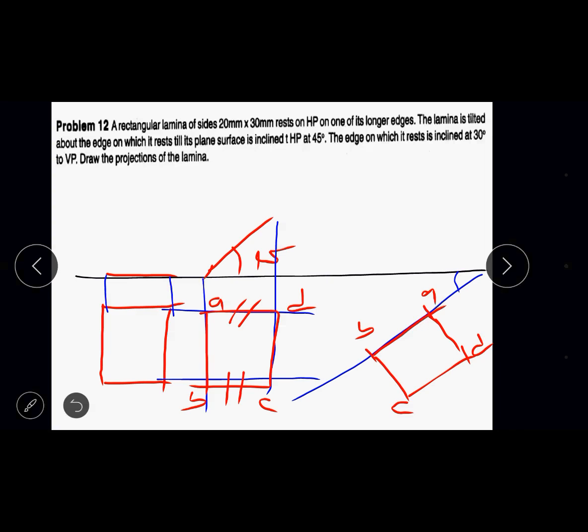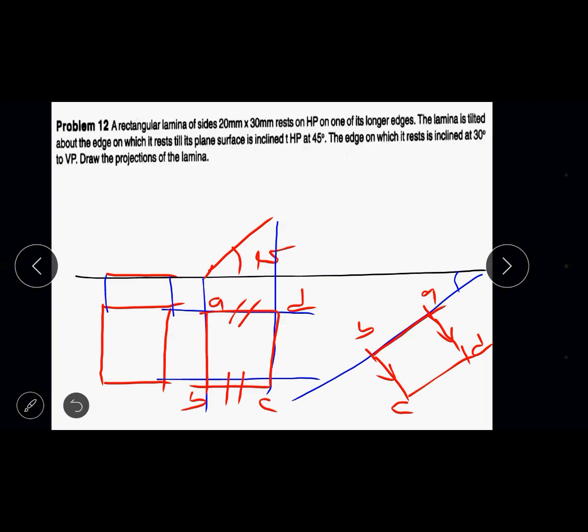From position A, keep the center point of your protractor and consider a 90 degree line with dimension AD, whatever dimension the line AD has in the irregular shape lamina. Measure that and construct a line. Then similarly, keep your protractor center point at position B. Measure the dimension BC, which will be similar to your AD dimension. Consider the 90 degree line BC and then join the line CD. So you will get this irregular shape rectangle in the third step, top view.